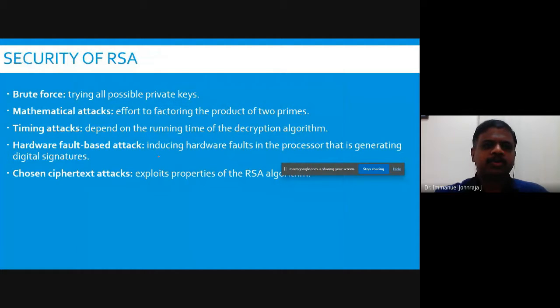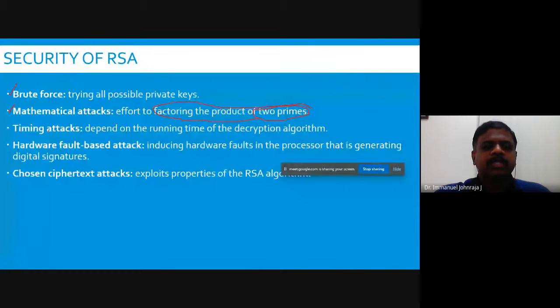Okay, we'll take the security of RSA in a detailed way, preferably in tomorrow's session. I have got 10 more minutes to go, but still wanted to stop here. But we are going to look at the security or the strength of RSA on different aspects. One is what is its resistance to attack, if it is a brute force attack, if it is a mathematical attack, because RSA, if you go for the smaller numbers, it always suffers with factoring the prime numbers. So if you could factorize it, your RSA is broken.